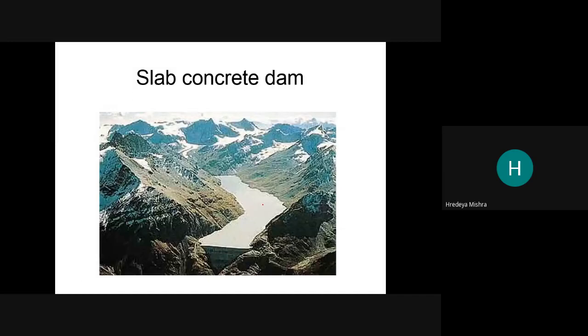Because in the hilly area we don't need to make the storing chamber. So what happens? See, these rocks are present naturally. We just make this construction. This is the construction. So the reason is the maximum